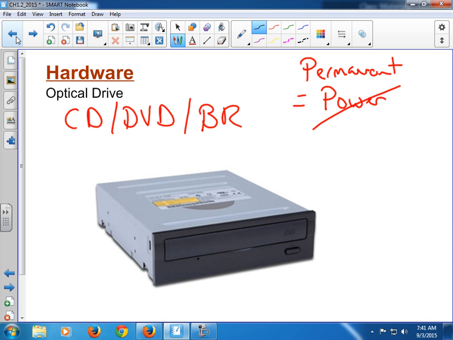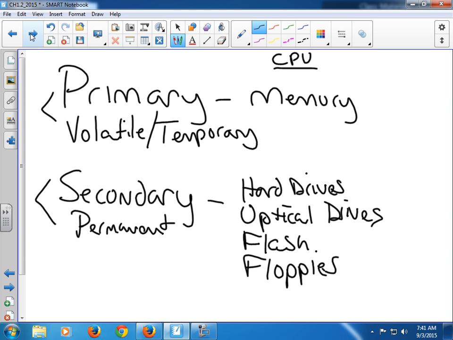All of these secondary storages do require power to work because most of them have moving parts. And when I say most of them, because when I look at this, a hard drive requires power. It doesn't just have a data cable. Optical drives don't just have a data cable, they also have a power cable to make them work. Floppies have a power cable. Flash drives do get power, but they get power through the USB. There's one connector that gives them power and allows the data to connect to the motherboard